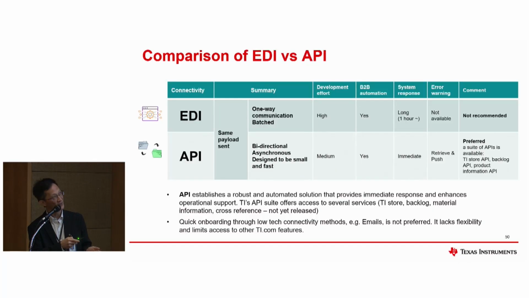As you can see from here, EDI is one way, whereas API is bi-directional and real time. So in terms of investment, you don't really need to invest 500K to get software. It's almost free. The investment you need is to get hold of one of your software engineers from R&D to help you do it. That's why we say that development is low, it's B2B, and it's immediate. So this is what we are looking at, what you call the API, right? So